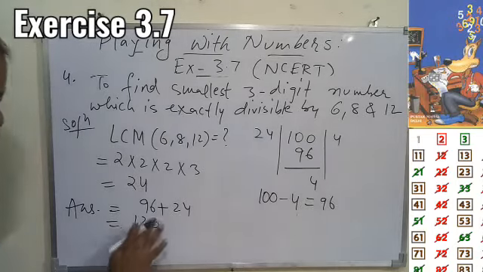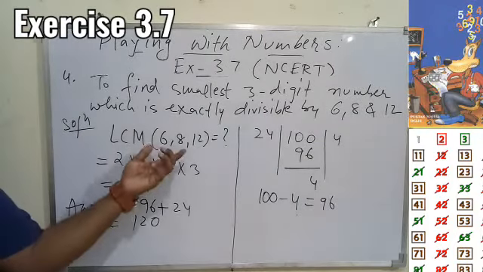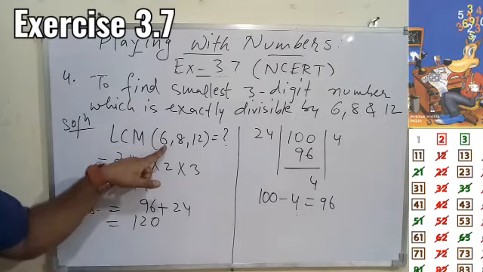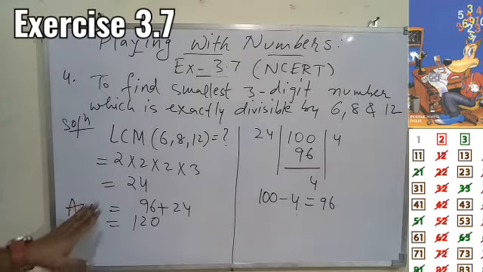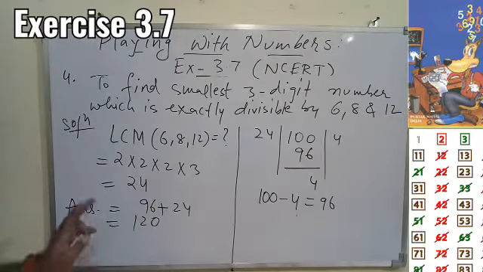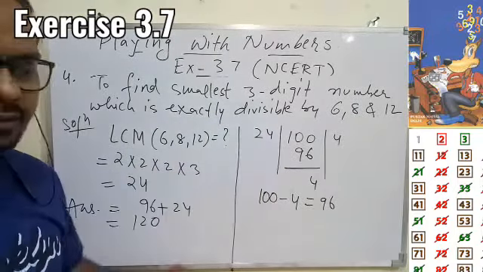So I hope you understood the meaning of this. I am repeating again what I have done. Very first, we had to find the smallest 3-digit number which is a common multiple of all the 3. So first we found the least common multiple of all the 3, and we are getting 24. And we know 24 is a 2-digit number, and we have to find a 3-digit number. So we know the least 3-digit number we have is 100.